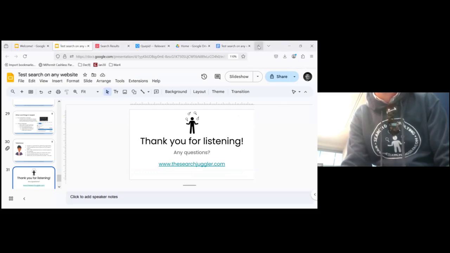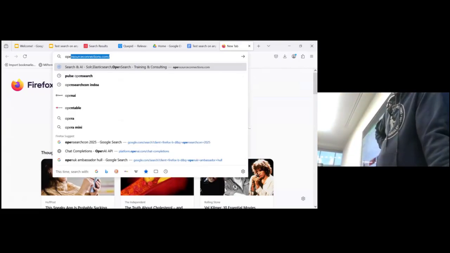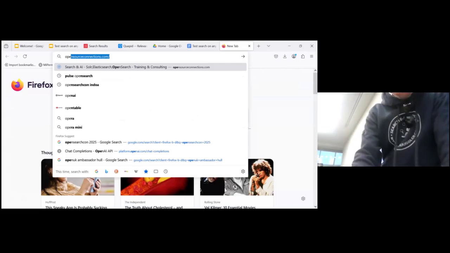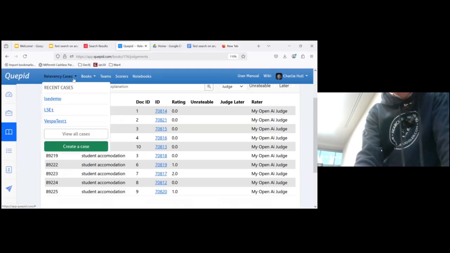Charlie, while they're discussing that, what do you do about missing documents? So if your search is so bad that actually the best ranked document doesn't appear, you can't score it because it's not there. Yes. There is a way to deal with that, I believe. If I go back to the case, I think there's a way to do that.